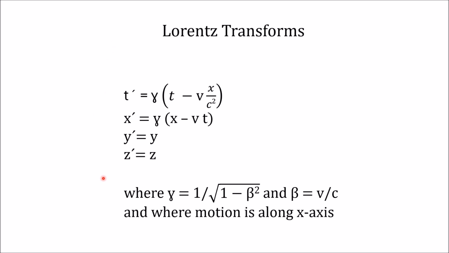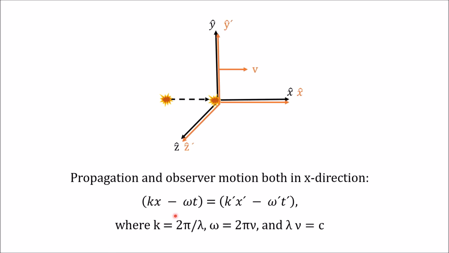But these are Lorentz transforms. These are the equations that satisfy that other equation that I showed on the prior page of the prime versus the unprime values. Both systems of equations equal to 0. So if we go back and take a look at this same setup here, and we look at the complex